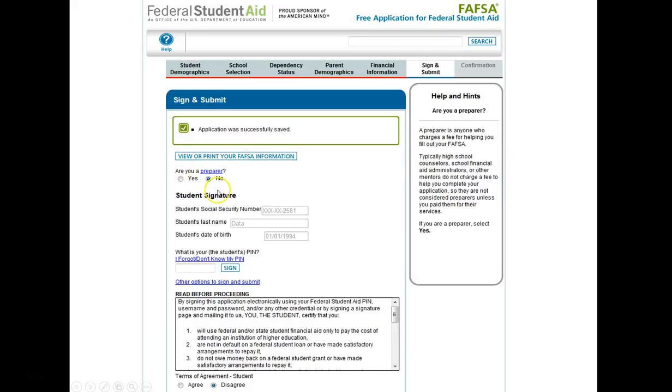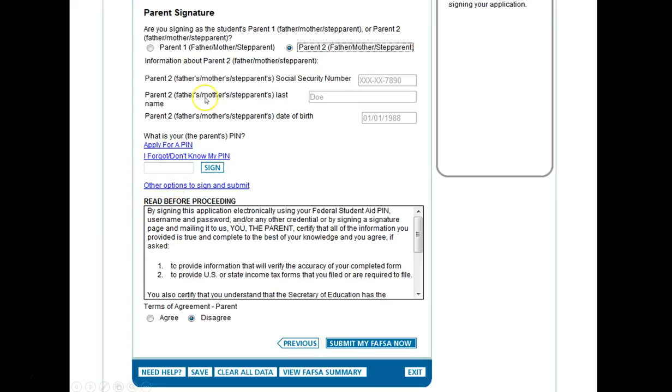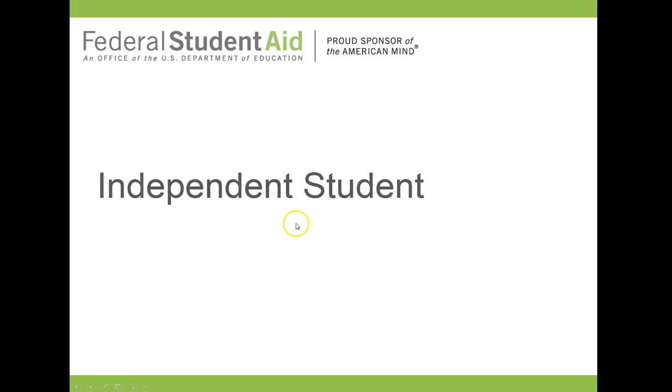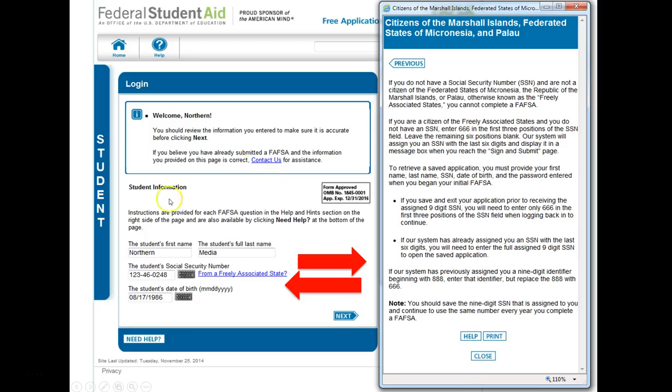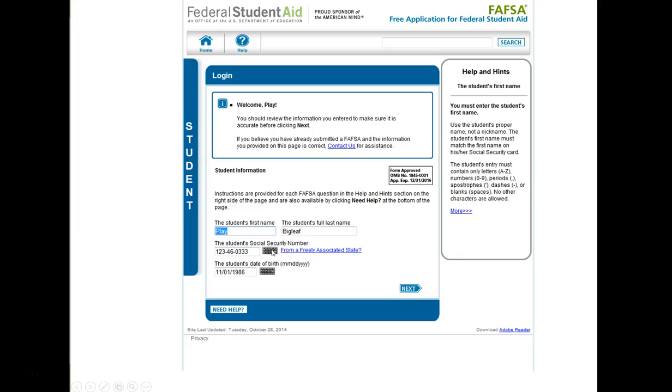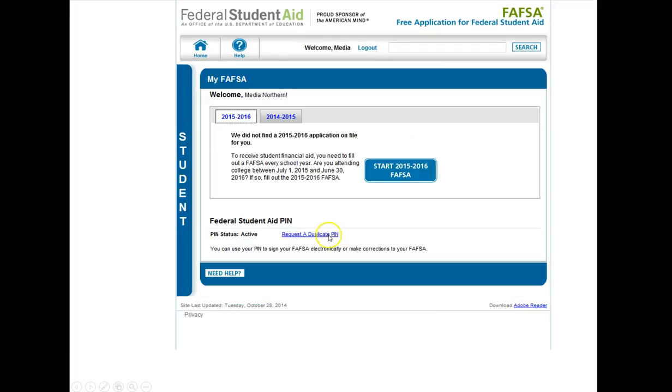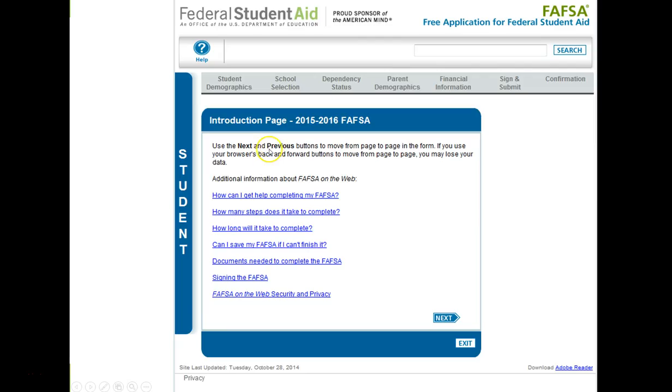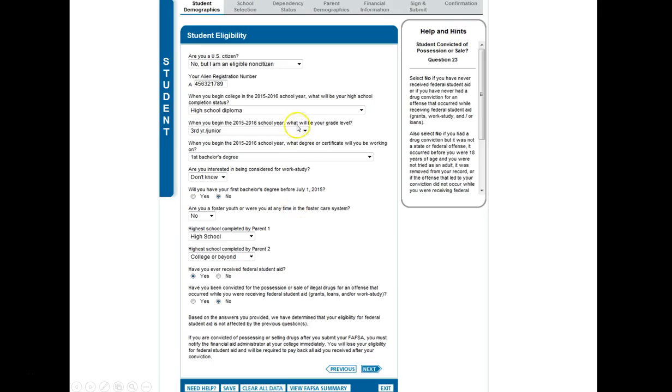Are you a preparer? You'll click the information there, and then you'll sign with your FSA ID. And then make sure your parents' FSA ID as well as yours is, and make sure you click Save and Submit My FAFSA Now. You should save often, as many pages as possible, then click Submit My FAFSA Now. Okay? And then real quickly, we'll just go through and show the independent student status. Everything else is the same except for a few portions. So you'll put the information in like you did before. As a dependent student, put your information in, create a password, go through the page, and